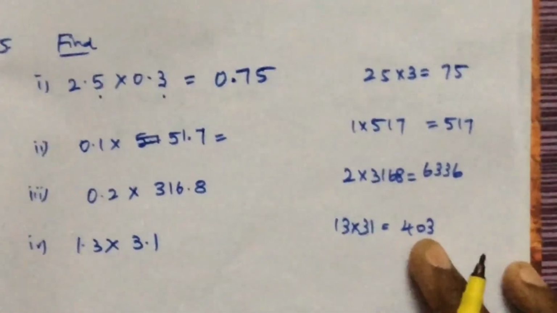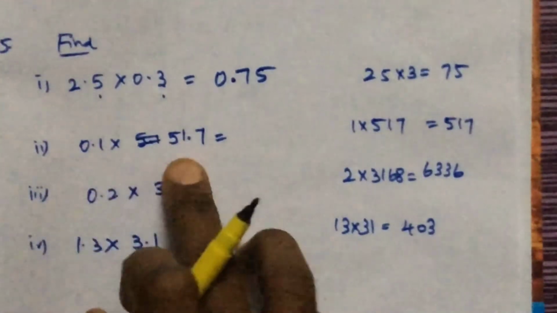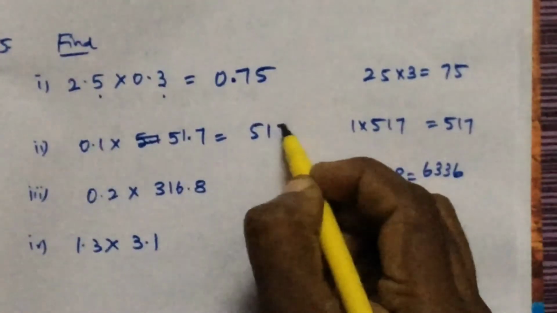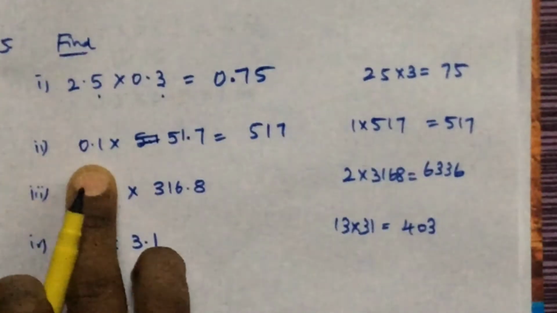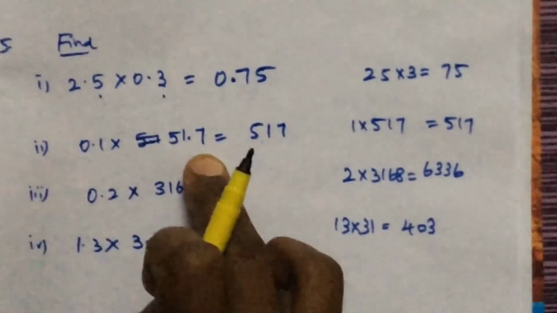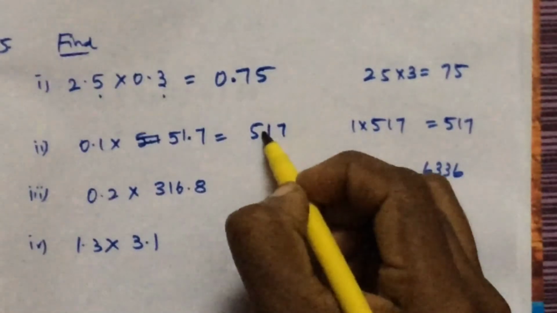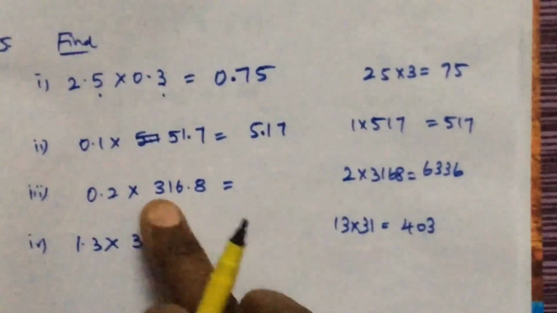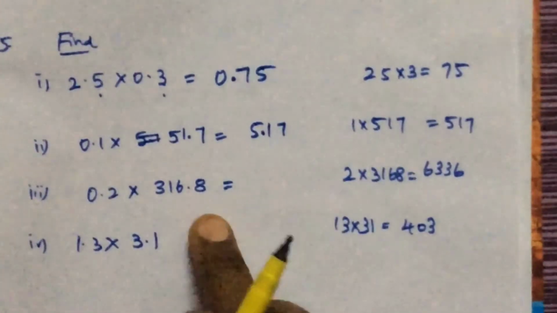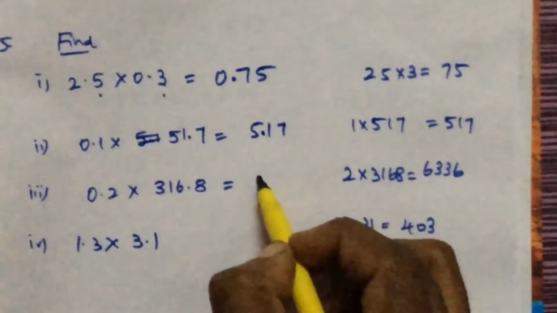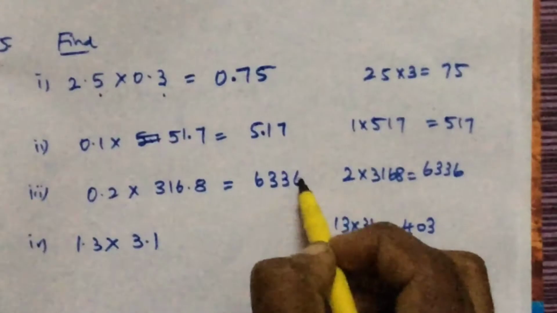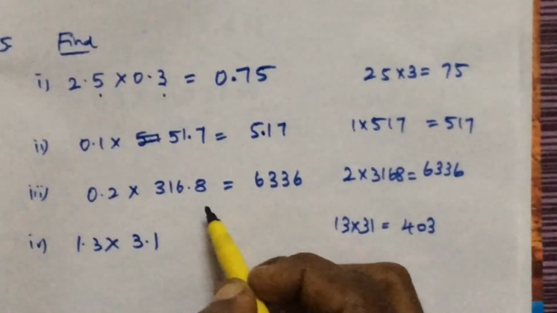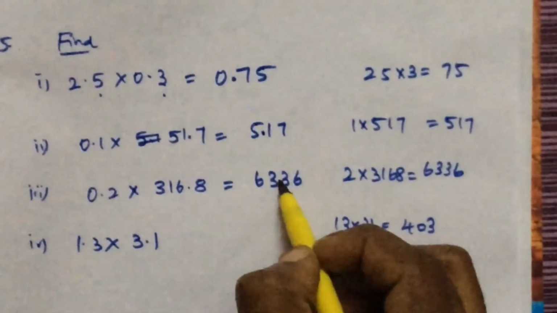Okay. Now here it is 51 multiplied by 7, which is 357. Here it is one digit, here it is one digit. 1 plus 1, 2 digits. So it should go here. Here it is 2 and here it is 3168, multiplied, which is 6336. Count, here it is one digit and here it is one digit after the decimal point. Totally 2 digits. So keep the point here.